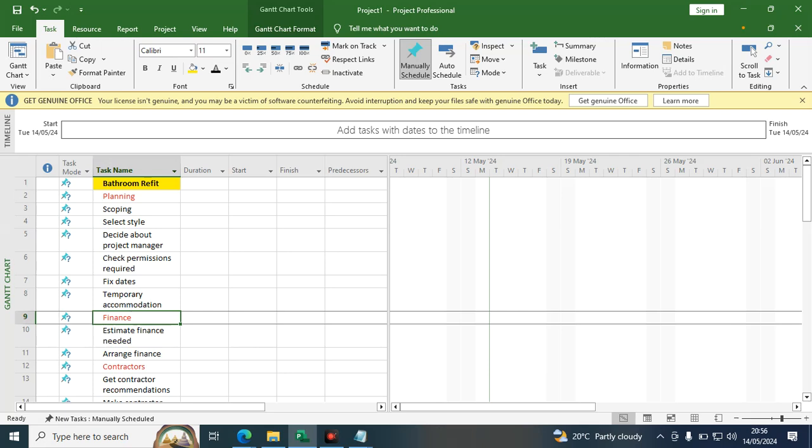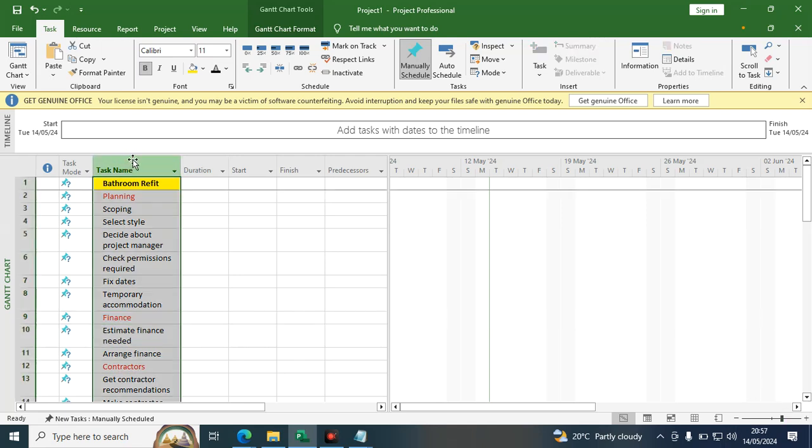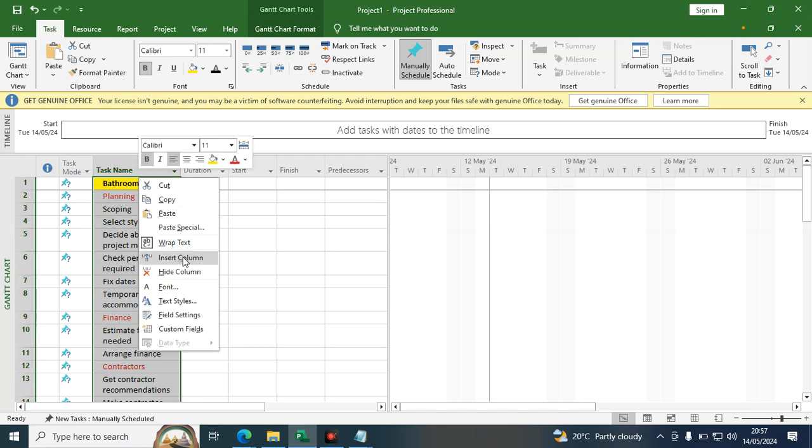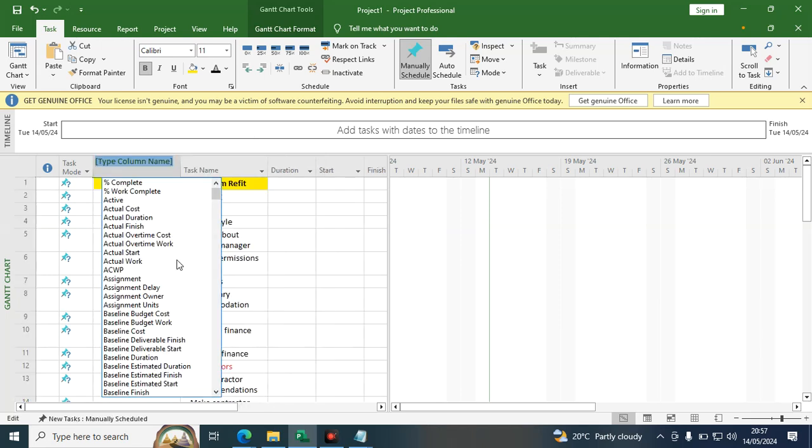So you need to bring in the aspect of the work breakdown structure. For you to bring in the work breakdown structure in this particular program, what are you supposed to do? You are supposed to click the column. You highlight the column for the task name and you do insert. You insert the column. So we are going to insert the column. Once you hit insert the column,